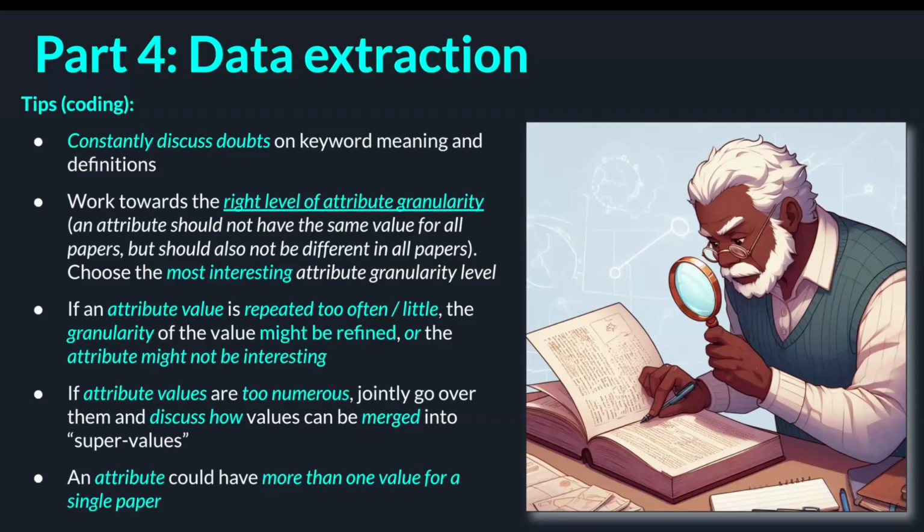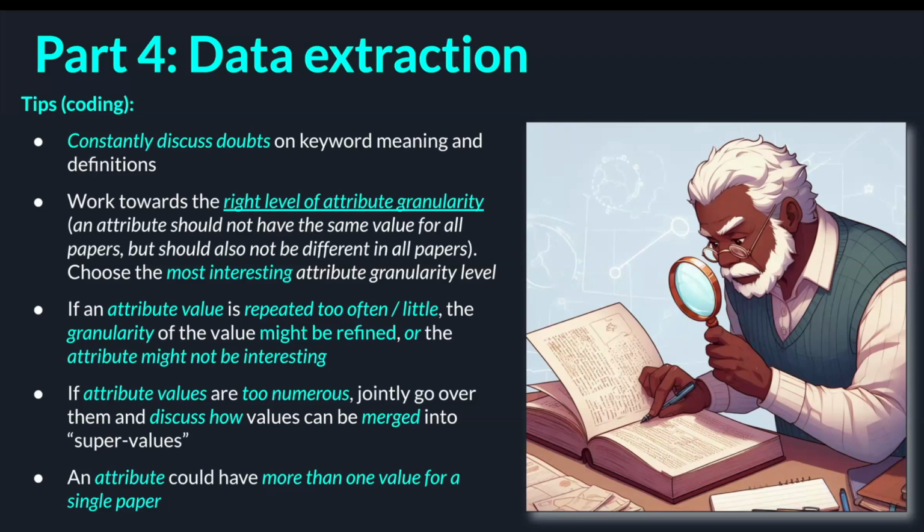This is always a point which is a bit tricky. If a value is repeated too often, like if every paper is about green AI, maybe it's not that interesting because every paper I included in my study was about green AI. So I can remove that data extraction piece because I just lose time by tracking something which is obvious. Or if it's repeated too little. If you have a nice bar chart and the column "other" takes 90% of the papers, then maybe I want to abstract a bit more so that I can have a better overview of the topics which are covered in those papers, right?